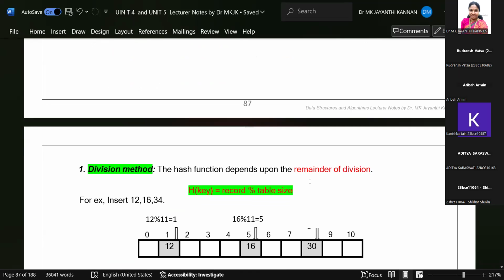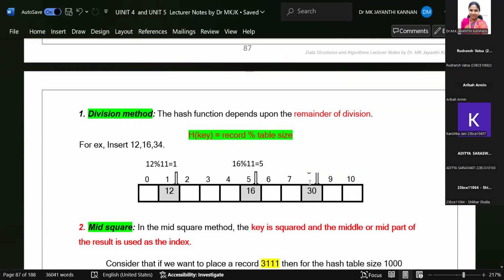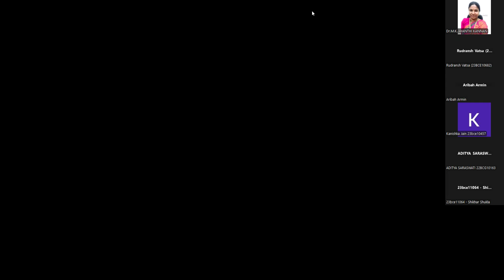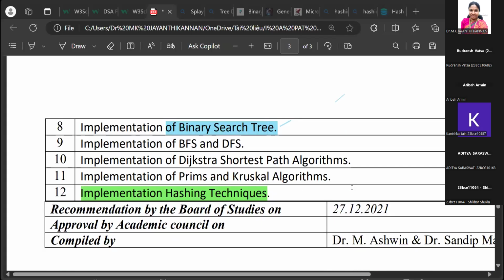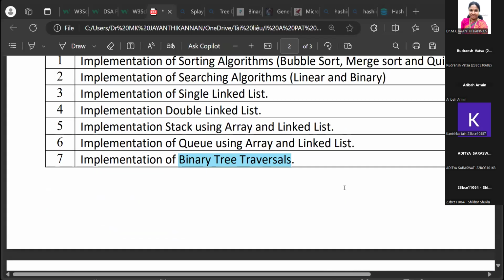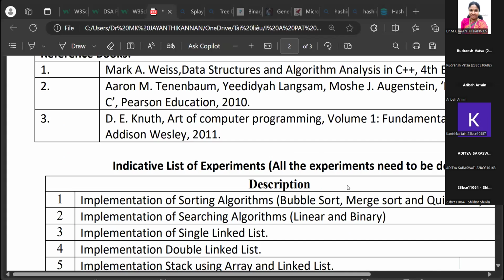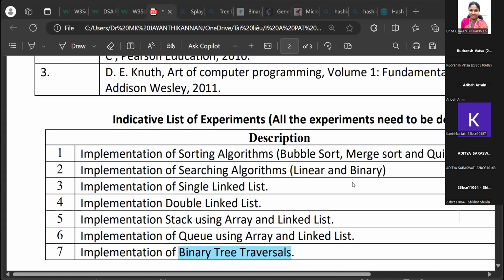And in hashing, we are using three major concepts. Okay. So have you gone through the syllabus? If you take the syllabus and the programs list of indicative experiments,